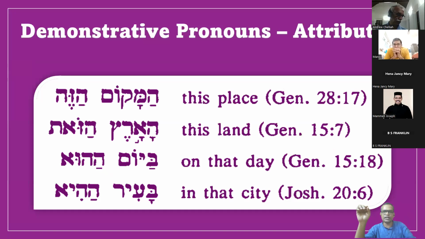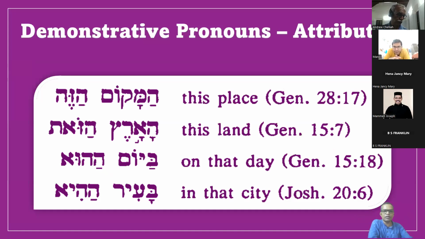And when it comes to the predicative usage, the demonstrative pronoun will appear before the noun, and it will agree with the gender and number and not with the definiteness. There's an exceptional case of the attributive and predicative, which we have seen in the adjective also will take place, but then easily we can identify. Sometimes the demonstrative pronoun may also appear before the verb with attribute usage, but then it will agree with the gender, number, and definiteness. Now, if we see here these examples, ha makom haze, this place.